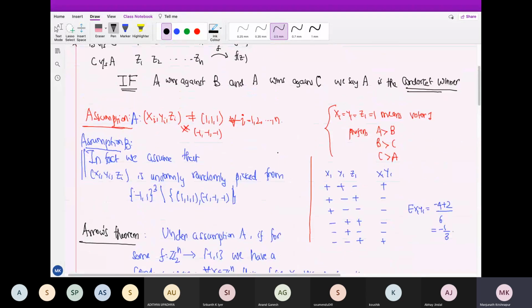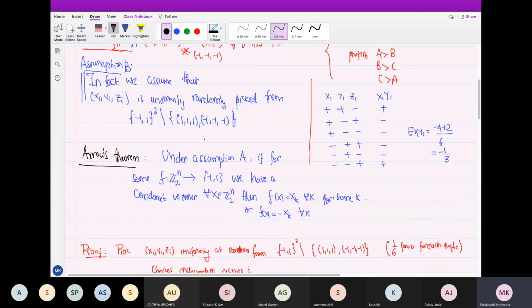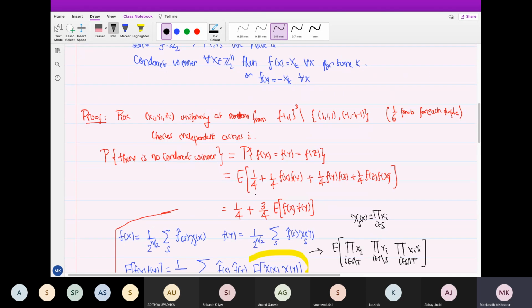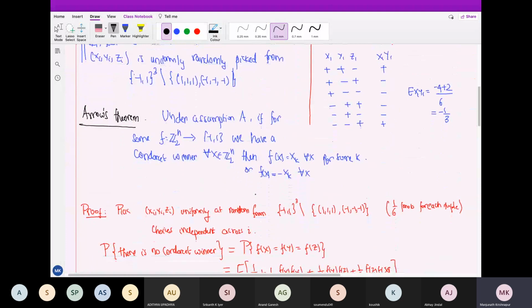What I was objecting to is that this theorem is not saying it, but we will actually prove a stability version which will say that it has to be close to a dictator function. If the probability of having a Condorcet winner is high, then your Boolean function has to be close to a dictator function. So this is the stability version. I will mention the statement now, but I hope the spirit of it is clear. It is similar to the robust stability versions I talked about in the uncertainty principle. This is the style of modern analysis which people should get used to. These days, people are proving stability versions for every sort of thing.